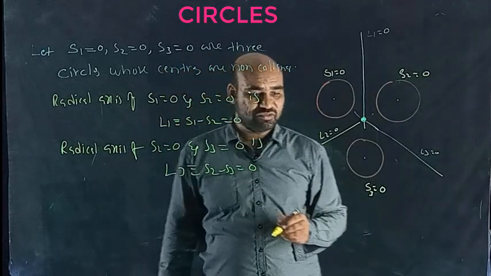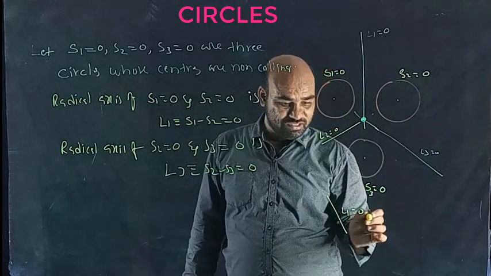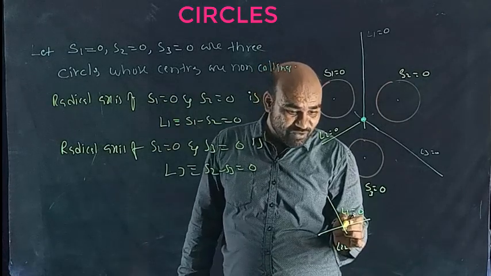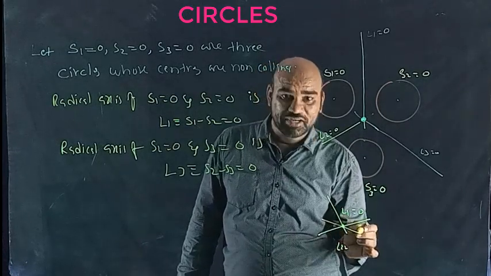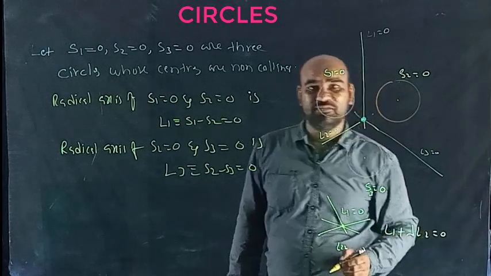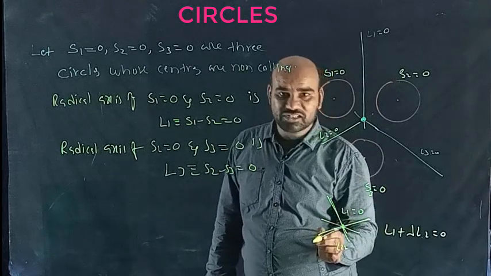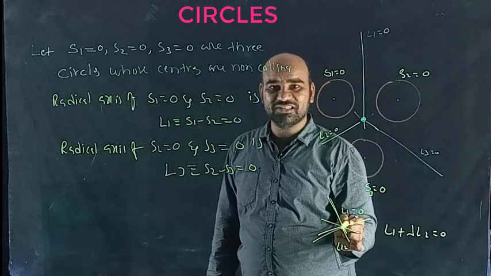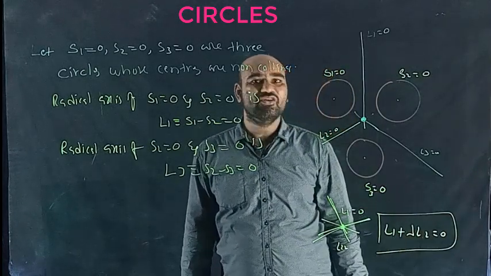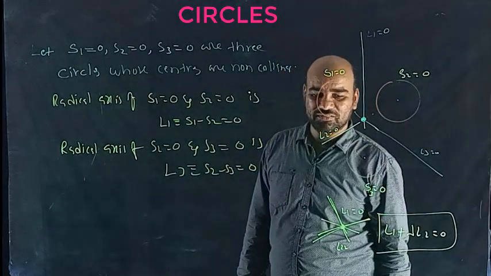Important. Suppose two lines are given, L1 equal to 0 and L2 equal to 0, and they intersect each other. The set of lines which pass through this point should have the form L1 plus lambda L2 equal to 0 only. L1 equal to 0 is one straight line, L2 equal to 0 is another straight line. Through this point you can draw infinitely many lines. All the lines should have this form only, L1 plus lambda L2 equal to 0, where lambda is any real number.